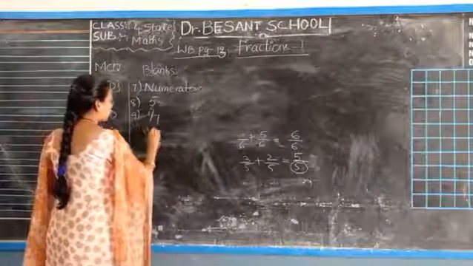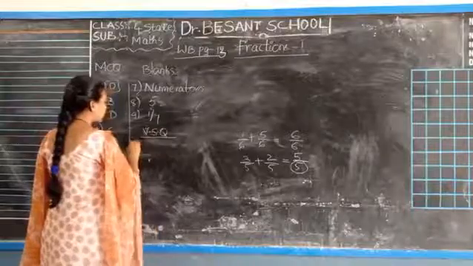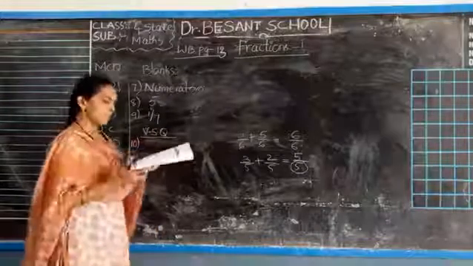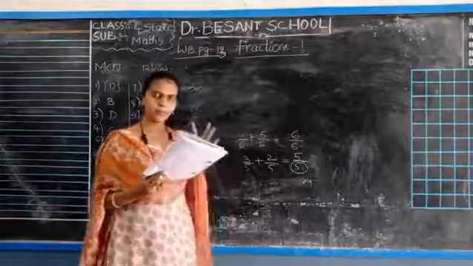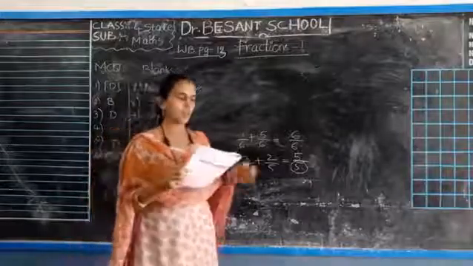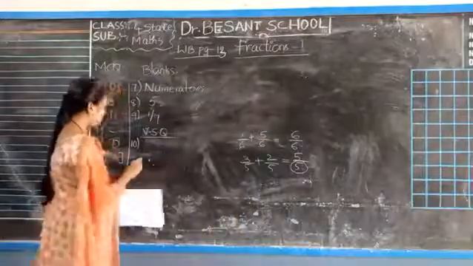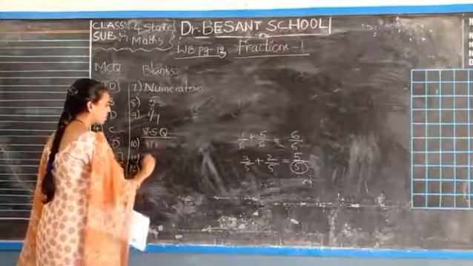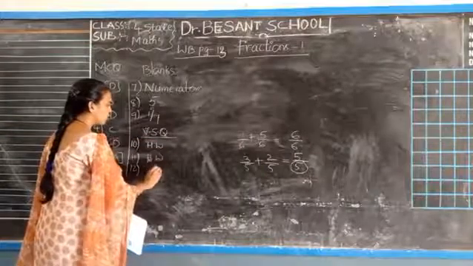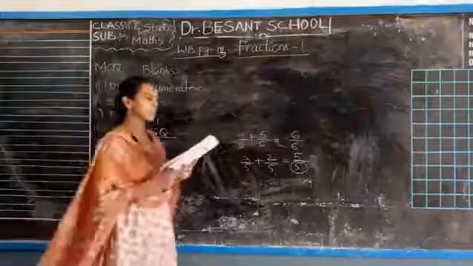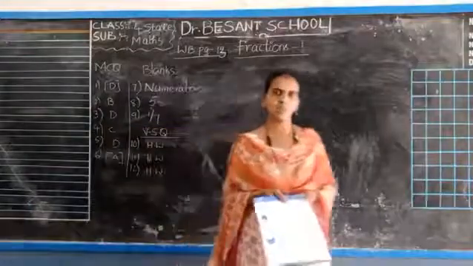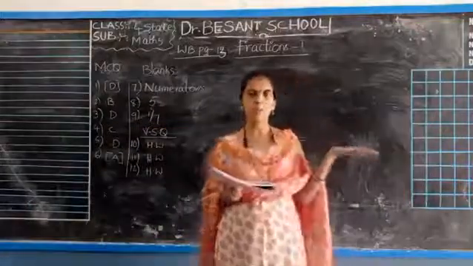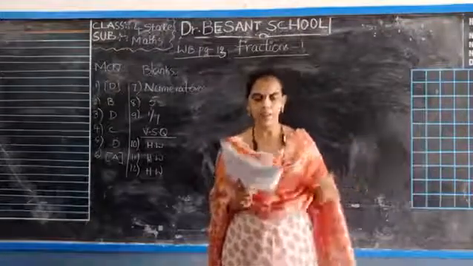Next, very short questions. 10th one. Easily you could add. I want you to do 10, 11, 12 as homework. All these are homework only. Add the two fractions. Subtract the two fractions, one from the other. You can easily do it. By observing the numerator, you can add and subtract.